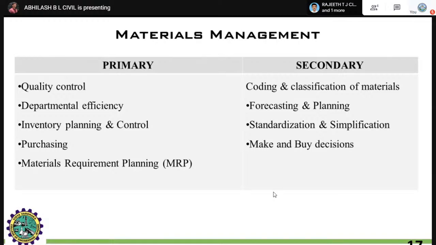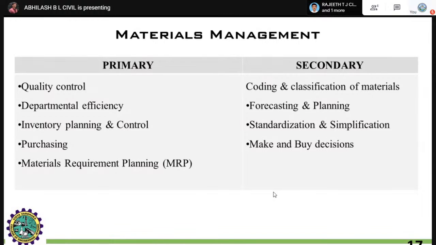Next comes material management, right? Other than planning, contracts, tender, you have to manage the materials, right? Procuring cement bags in excess and storing that cement in an exposed atmosphere leads to the degradation or spoiling of the cement, right? Material management is one of the most important management areas in the construction sector.